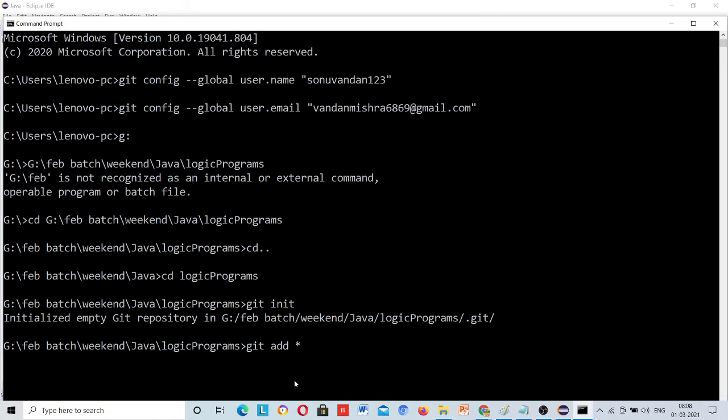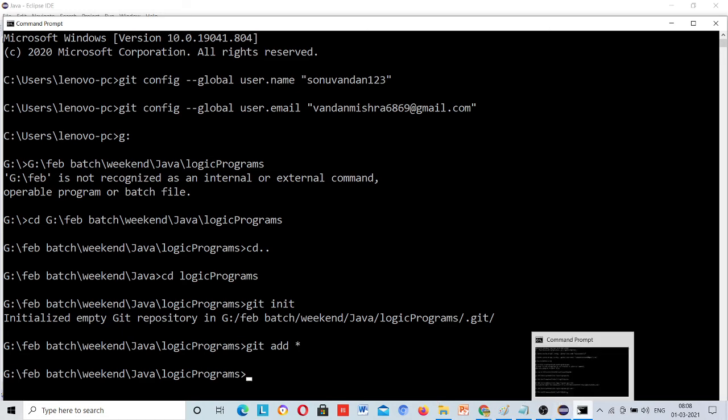As of now, you have to use only this. Don't go browsing on Google to search how to upload a single file; we will take care of that in the next sessions. Today you just need to share your assignments with me. Git add star, just enter. Every file is added to your git software.